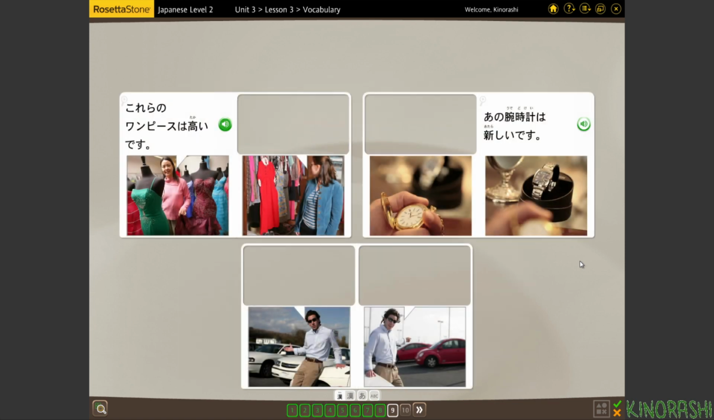これらのワンピースは高いです。 あの腕時計は新しいです。 あれらのワンピースは安いです。